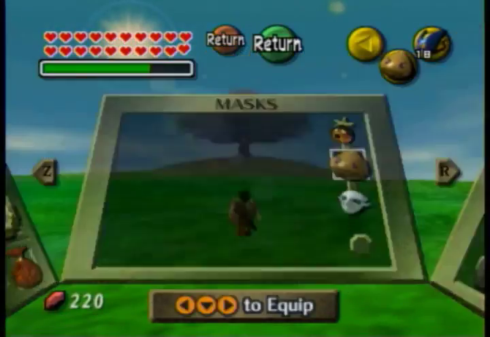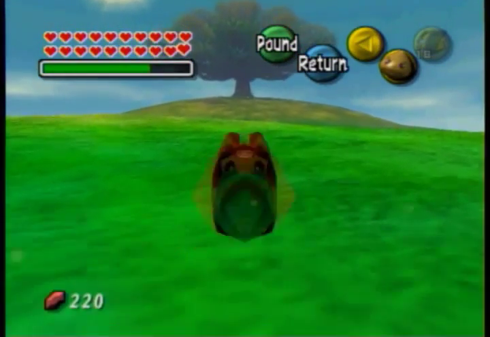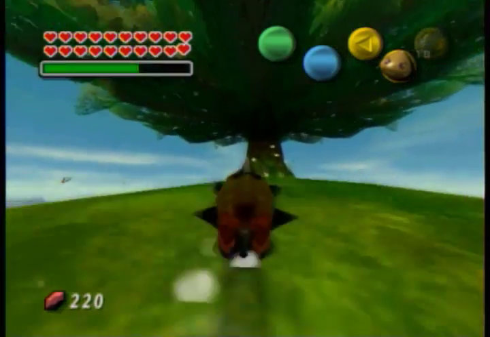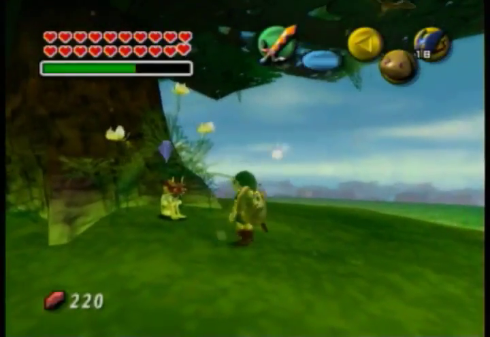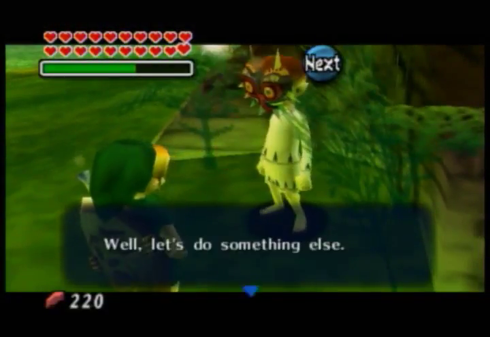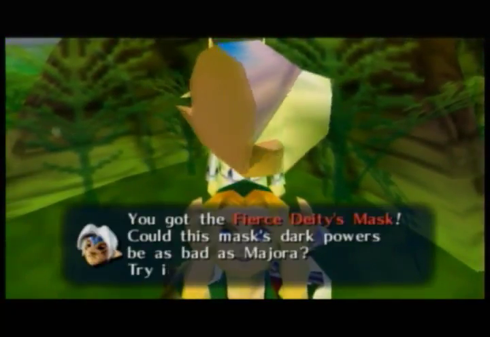And then I'm just going to go over and one last time roll over to the middle tree, where there is one more guy, the guy wearing Majora's Mask, right in the middle. So yeah, this guy right here. I'm going to talk to him, and then he's just going to be like, wow, you're kind of poor. You don't have any masks. So he gives you the Fierce Deity Mask, which, I mean,